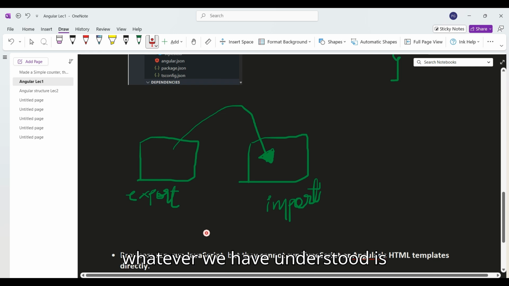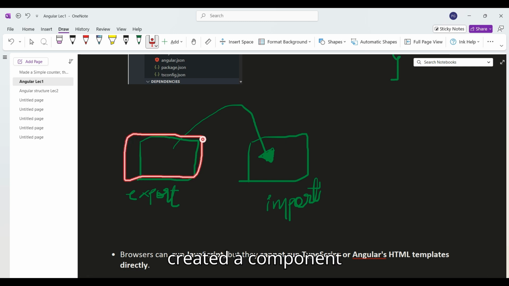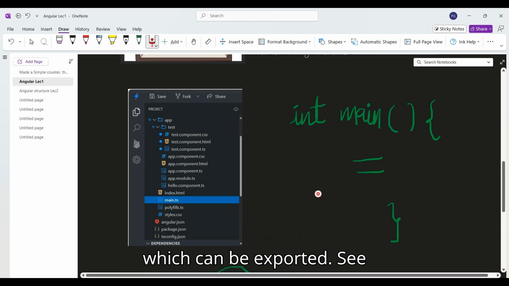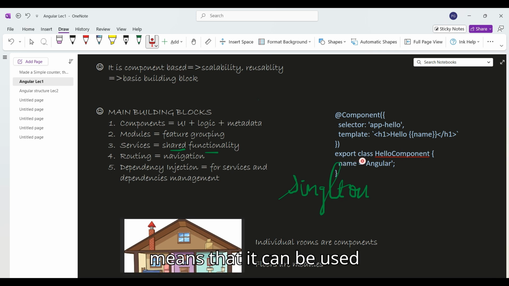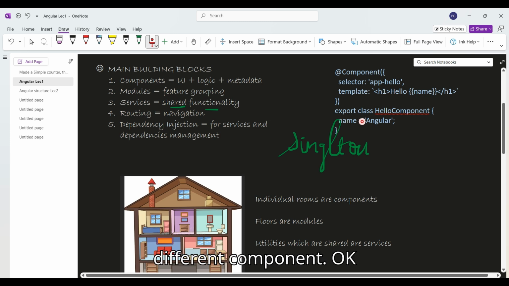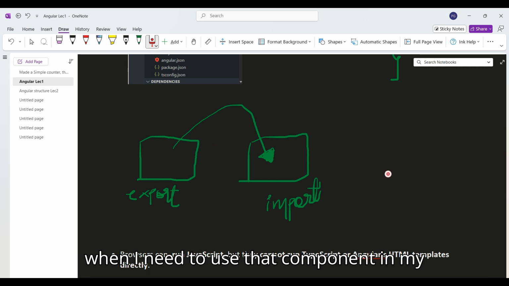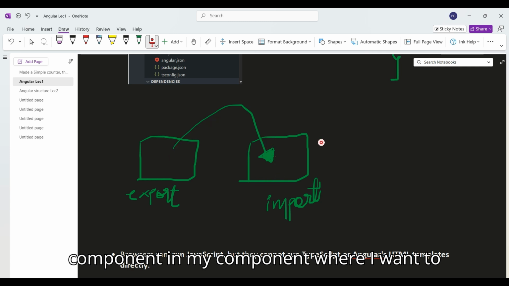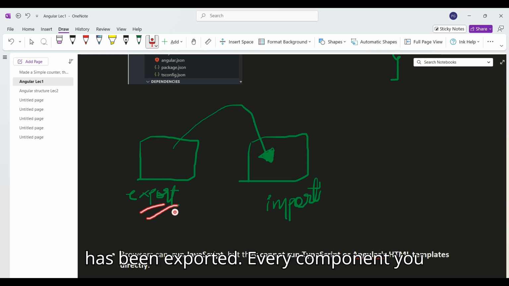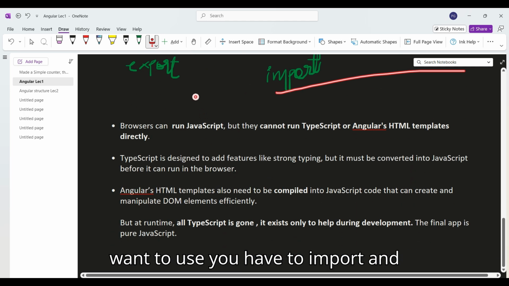What we have understood so far, in short, is that we have created a component which can be exported. See here at the component, the class is of export type. Export means that it can be used anywhere in the code. I can use this in any different component. So I have exported my class, but when I need to use that component in my other component, I need to import that component where I want to use it. Component A has been exported. Every component you will export, and wherever you want to use it, you have to import it